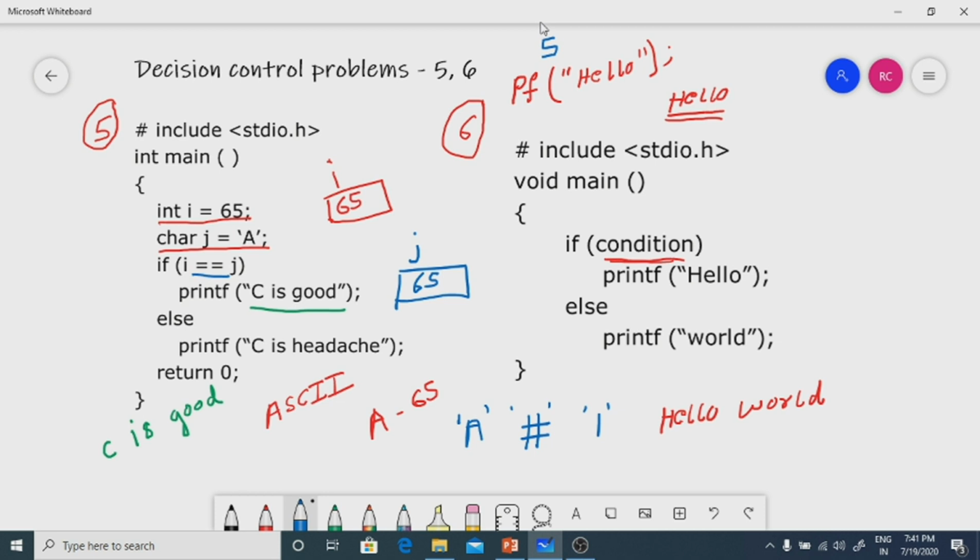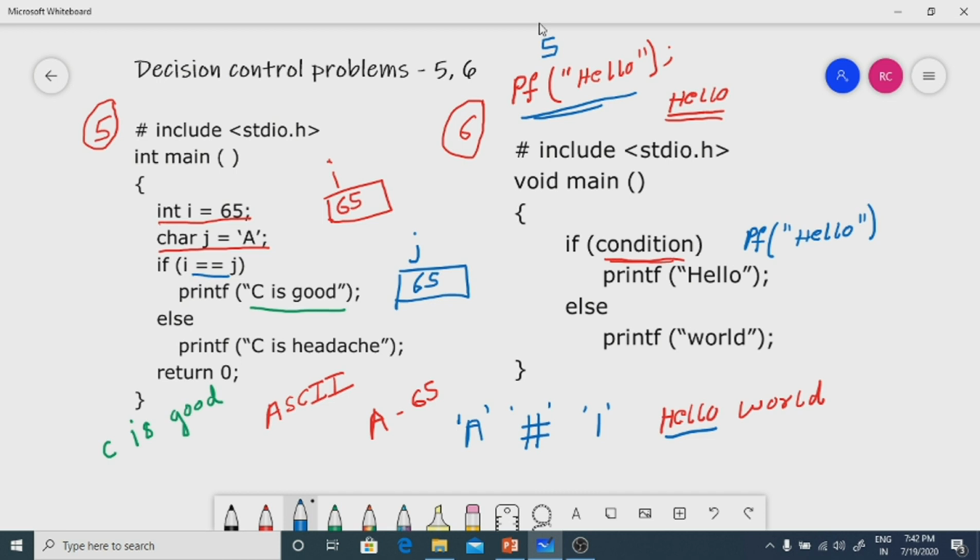Now you have to take advantage of this nature of printf. So what should the condition be? Within the condition, you write printf of hello in double quotes. Now what will happen? Hello will be printed, and the return value of this printf is 5.